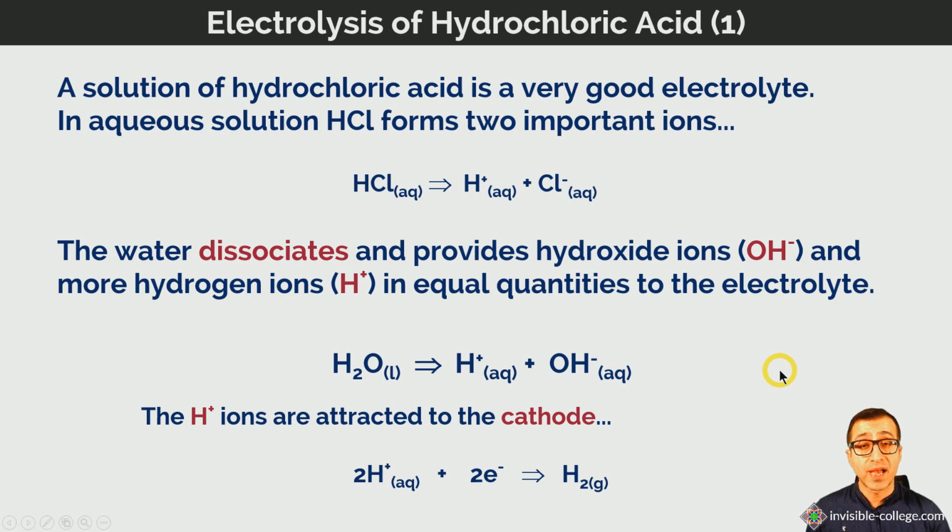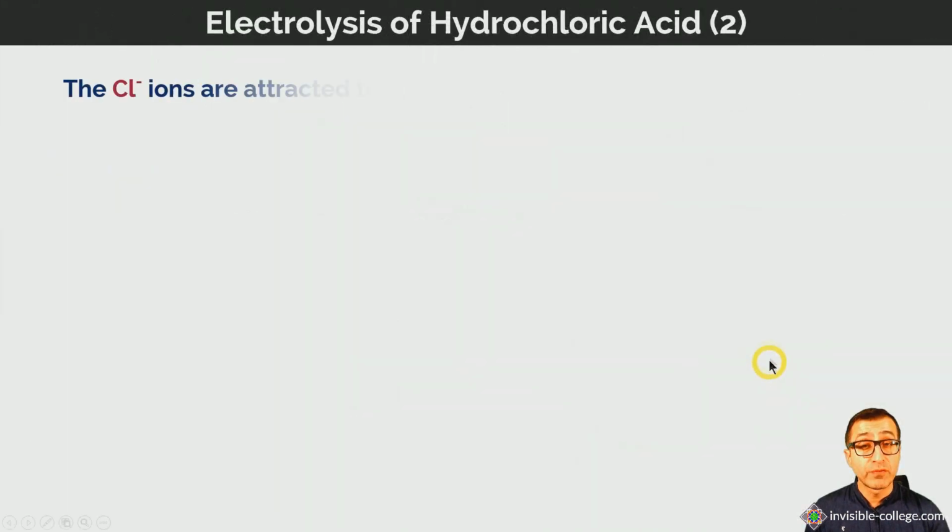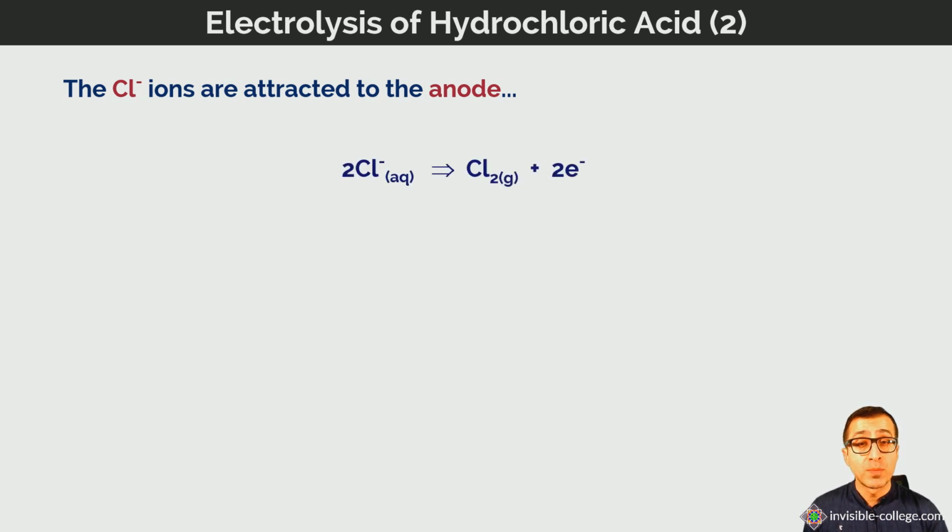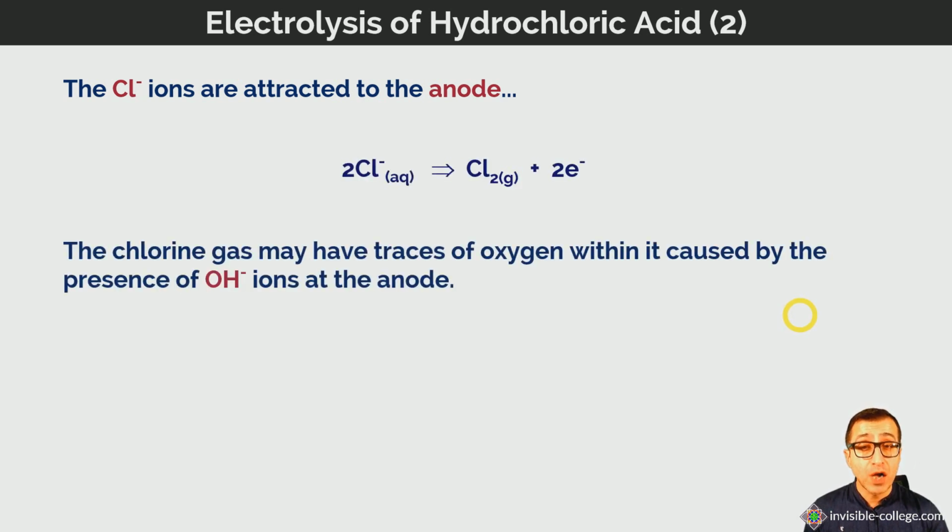The chloride ions, on the other hand, are negative, and they are therefore attracted to the positive electrode, the anode. At the anode, they are oxidized. They lose electrons which flow into the circuit, and they do so in pairs to form the diatomic molecule chlorine gas. So the chlorine gas may have traces of oxygen within it because, again, we have the presence of hydroxide